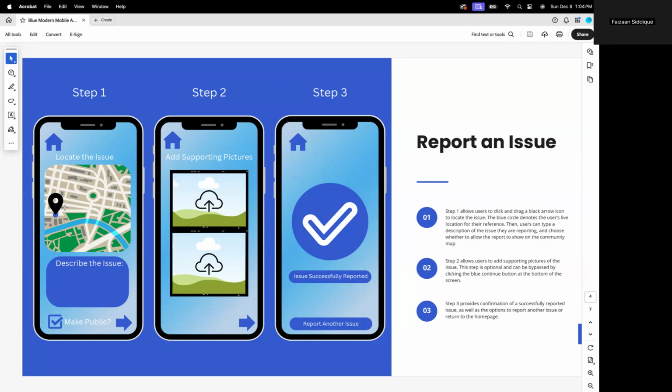Once they select a location, they'll be able to describe the issue here in the text box and then select whether or not to make the issue public. When they do so, it will show up in a community forum. They can also opt not to make the report public in case that is a specific condition related to someone's house or private area. Once they make the selection, they can click the next button and they will be prompted